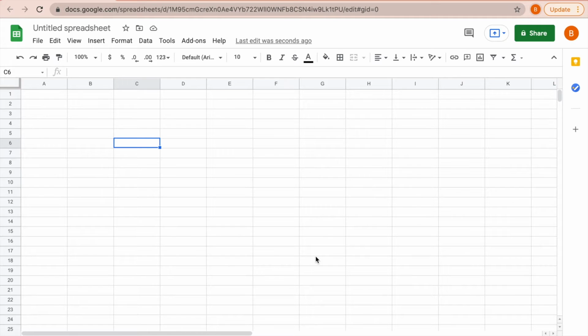So let's say we want to set up a lemonade stand and we want to find out what the total startup cost is going to be and the materials that we're going to need in order to have a successful lemonade stand. So let's start listing out the supplies that we're going to need. We're going to click on basically any cell. We're going to double click on it and start listing some supplies one at a time. So we're going to need a table,